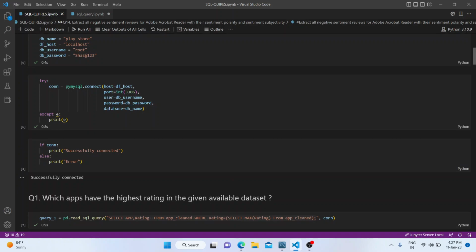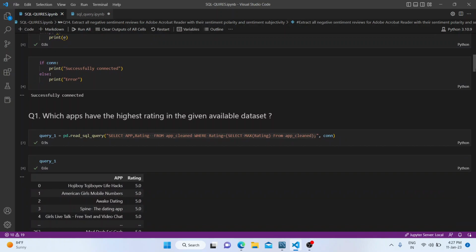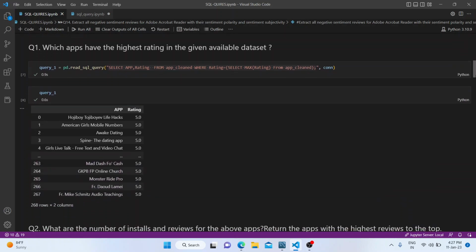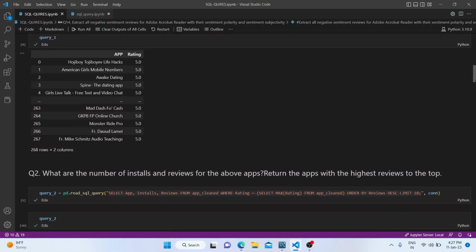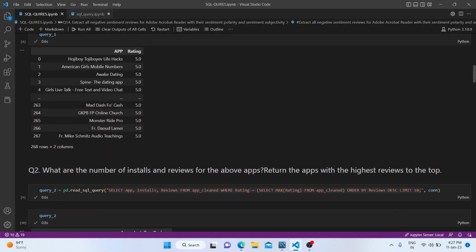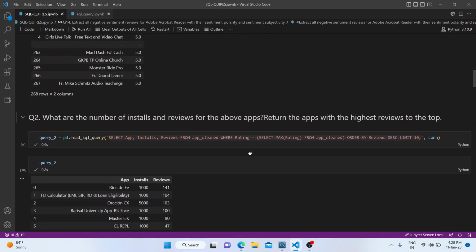This is my first query: which app has the highest rating in the available data sets. So I have calculated this. Second, what are the number of installs and reviews for each app? Return the app with the highest reviews at the top.